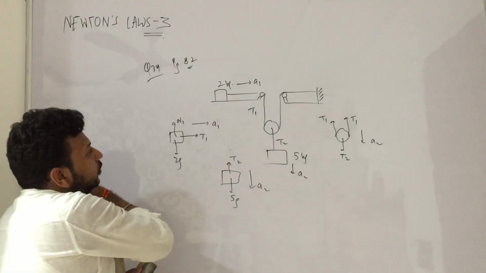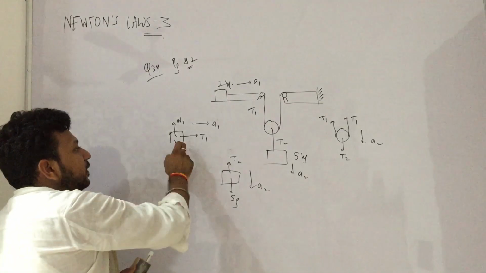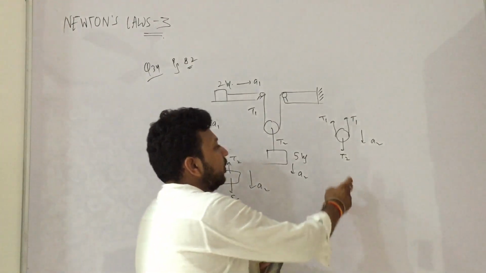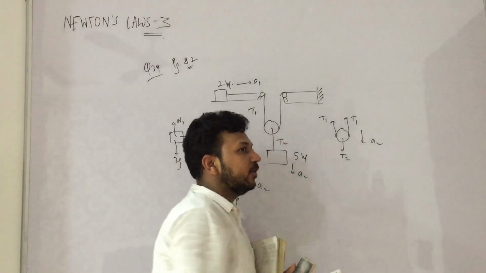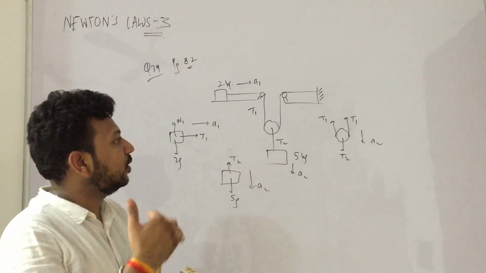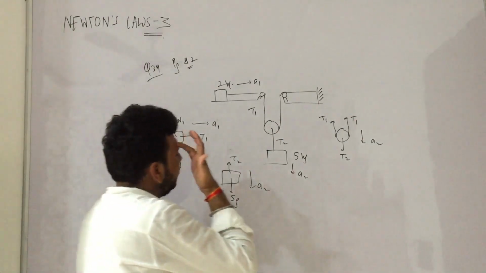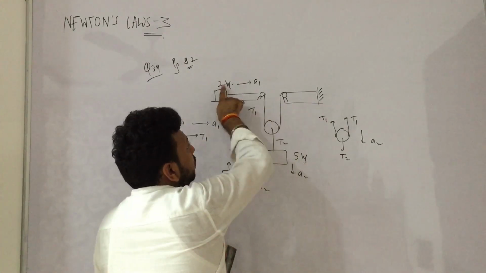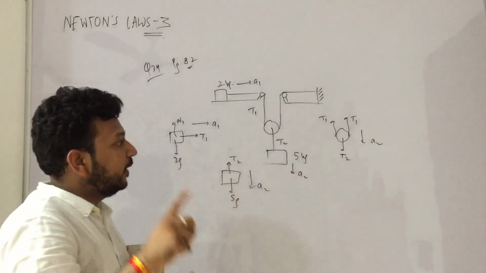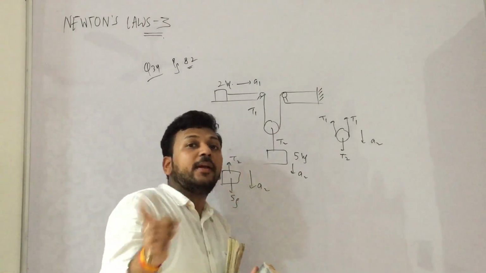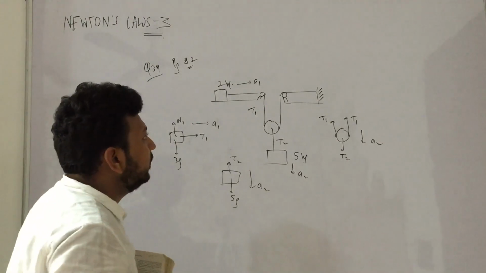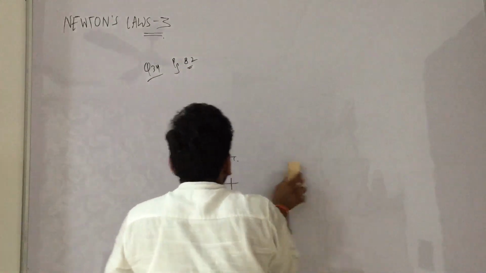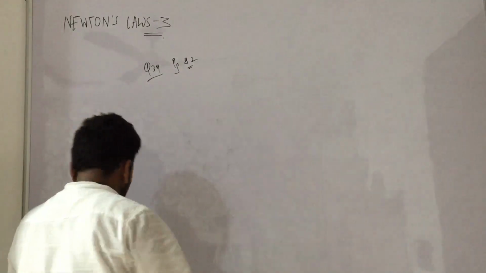So what are the equations? N1 is equal to 2G, T1 is equal to 2A1. For this, 5G minus T2 is equal to 5A2. For the pulley, T2 minus 2T1 is equal to mass into acceleration, mass is 0, so T2 is equal to 2T1. Talking about acceleration, if I pull it 1 meter down, the pulley comes 1 meter down. We need 1 meter, it has to come 2 meter. So A1 is 2 times A2, while T2 is 2 times T1. So it is always opposite. You can solve these equations. I am erasing this. Very simple question. You can check the answer. The answer is in terms of G, I think.